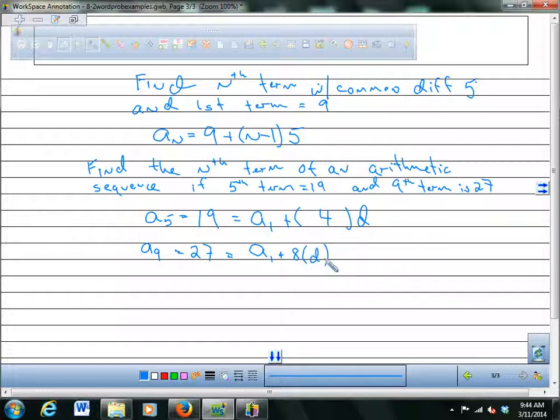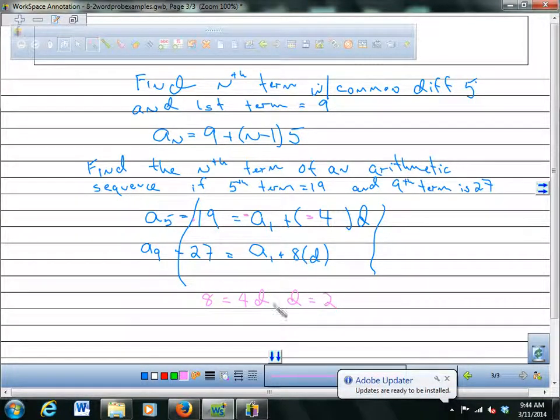And then now I have a system of equations. So see this system right here? 19 equals this. How could I solve this system of equations? Add them or subtract. I'm going to just make this one negative and add them. If I make these all negative and add them together, I get 8 equals, the a's go away, 4d. So d equals